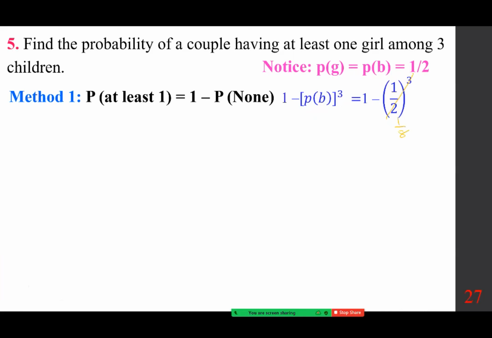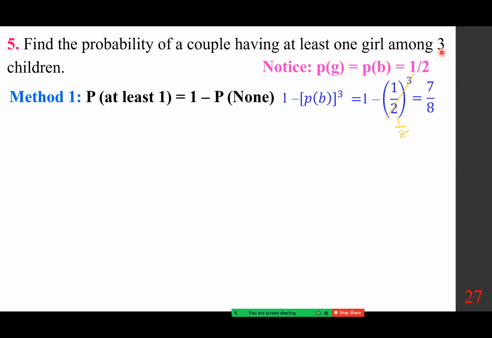So the answer is 7/8. So that is the first method. We use the probability of at least 1 equals 1 minus the probability of none. The second method, we use binomial distribution, in which case,